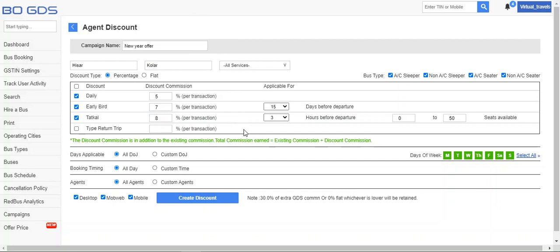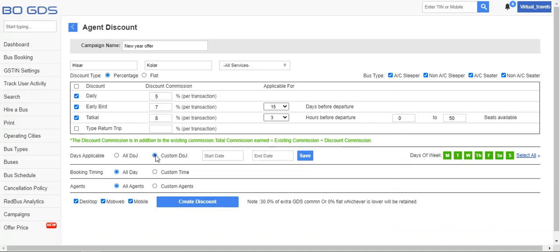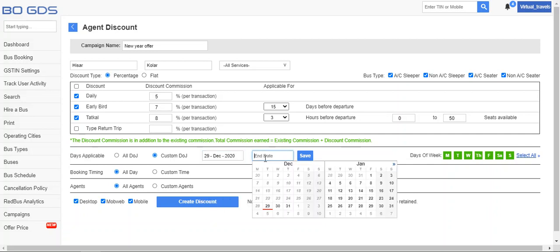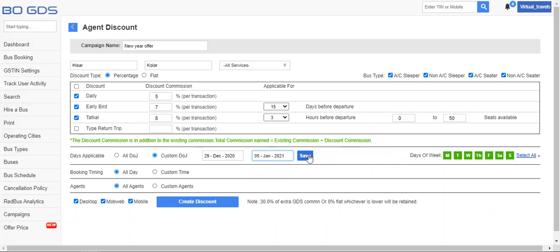The GDS commissions that you configure will be over and above the base commission that is extended to the agents by the SeedSeller platform. You can also additionally choose the campaign days. For example, since this is a new year offer, I am giving this offer from 29th of December to 5th of January.